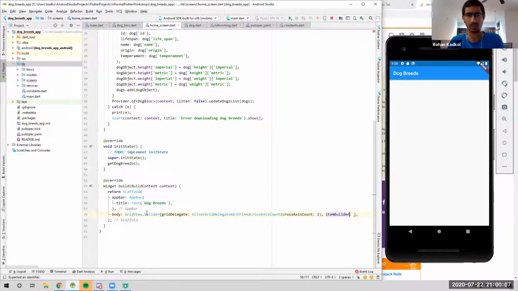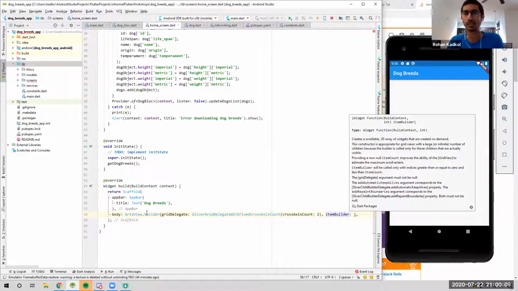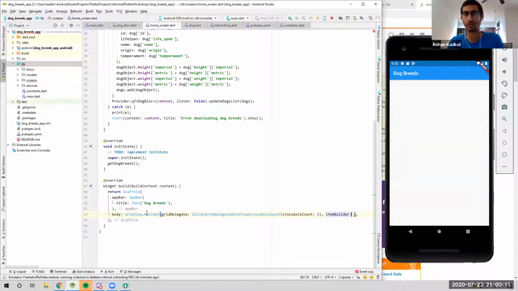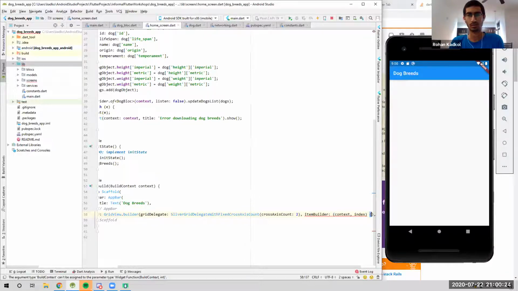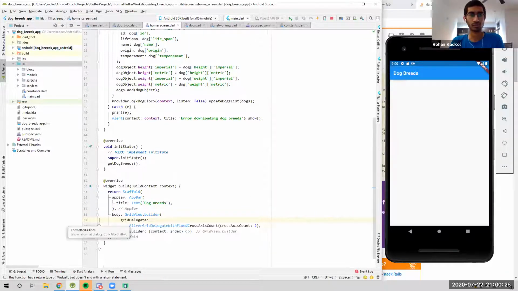Item builder. Now let's see what item builder takes in. It takes in a function of build context and int. So it takes in context and an index. So it's very nice. It's very straightforward. It's very similar to how list view builder works. Now within this,